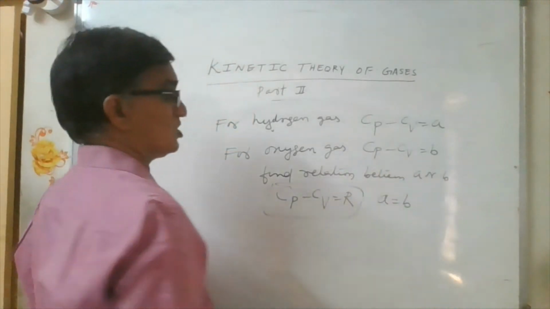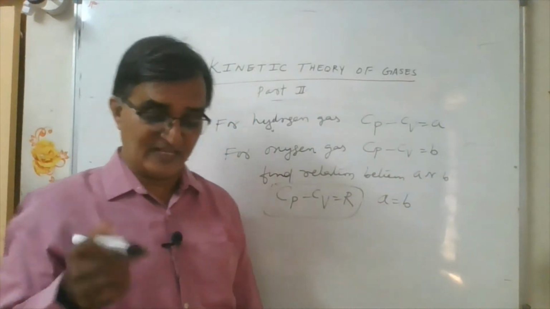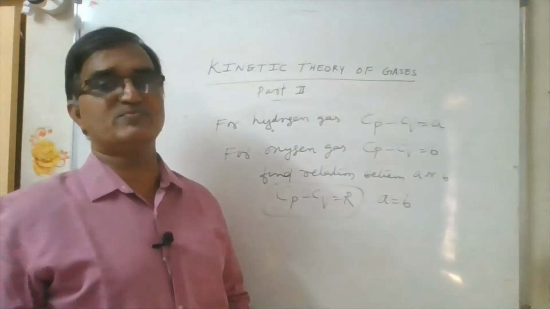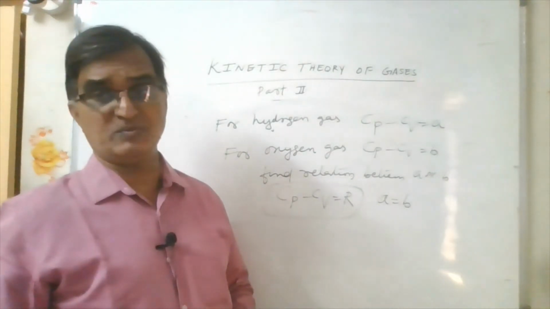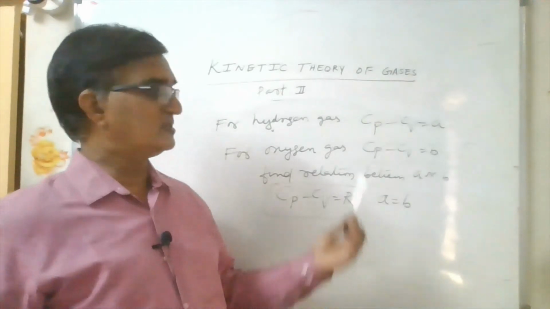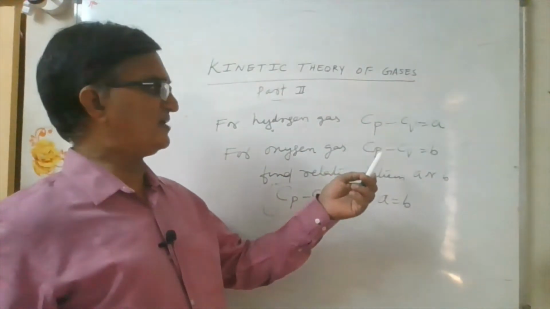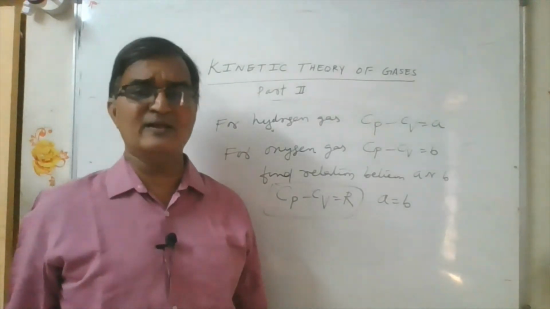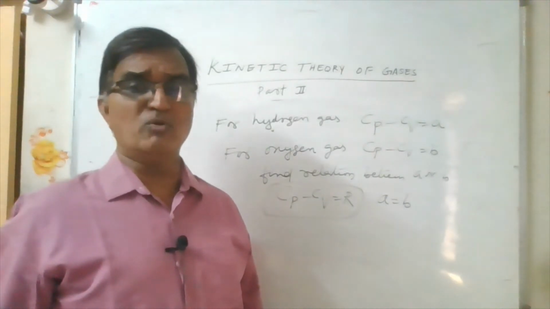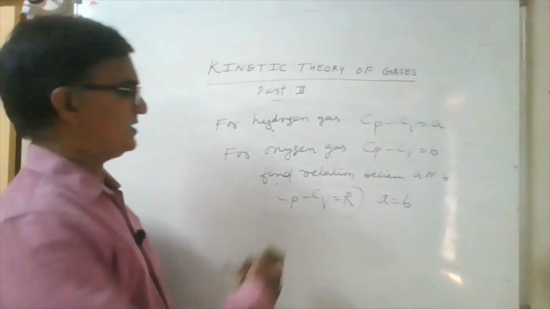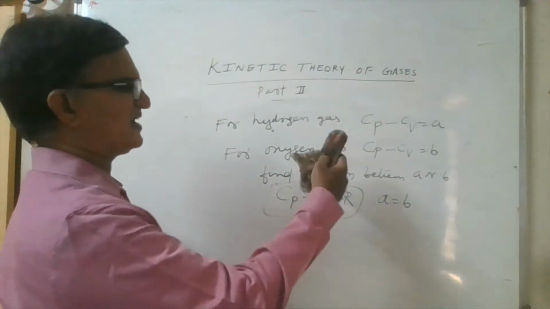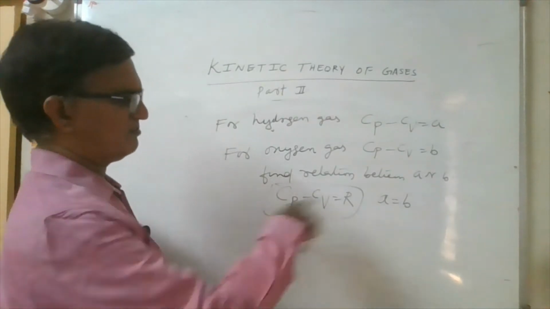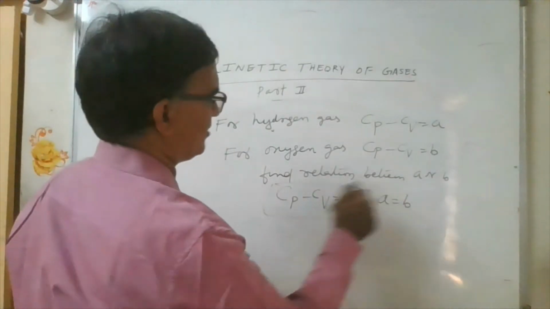If they have not specified specific heat of gas per unit mass, you have to take capital Cp, Cv. If it were specific heat per unit mass, the relations would be different for hydrogen gas and oxygen gas. If they say molar, it is understood that they are talking about molar specific heats only. Then A is equal to B only. Other options have different relations like A is equal to 16B, but this is the only answer. Okay, simple.